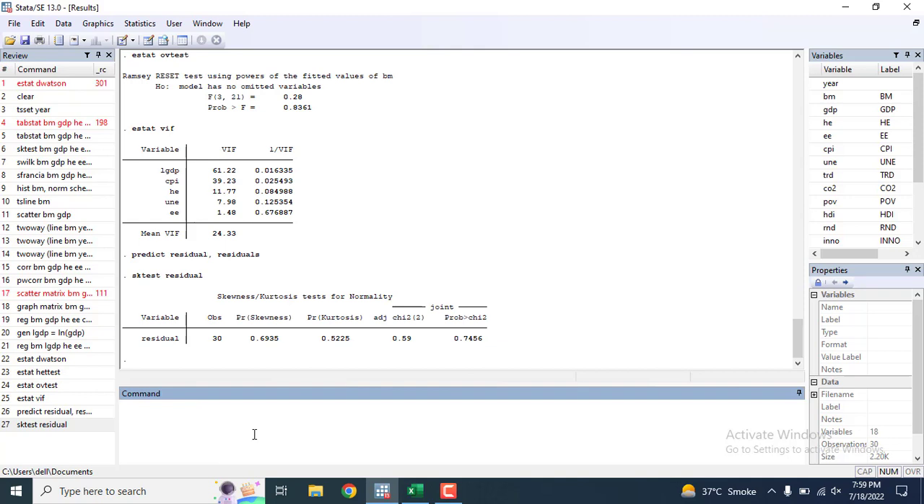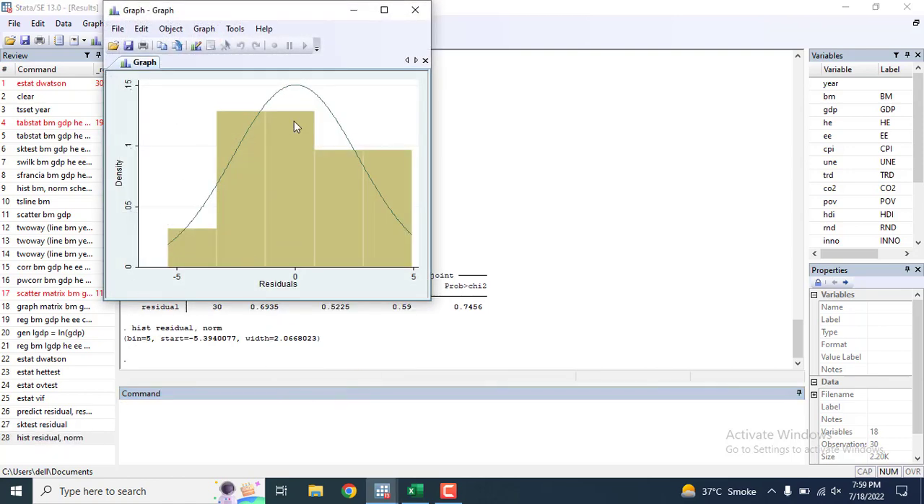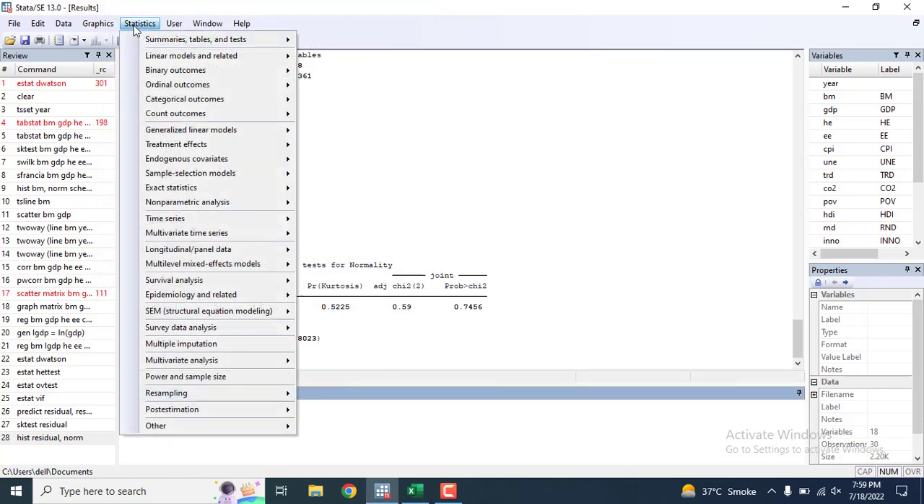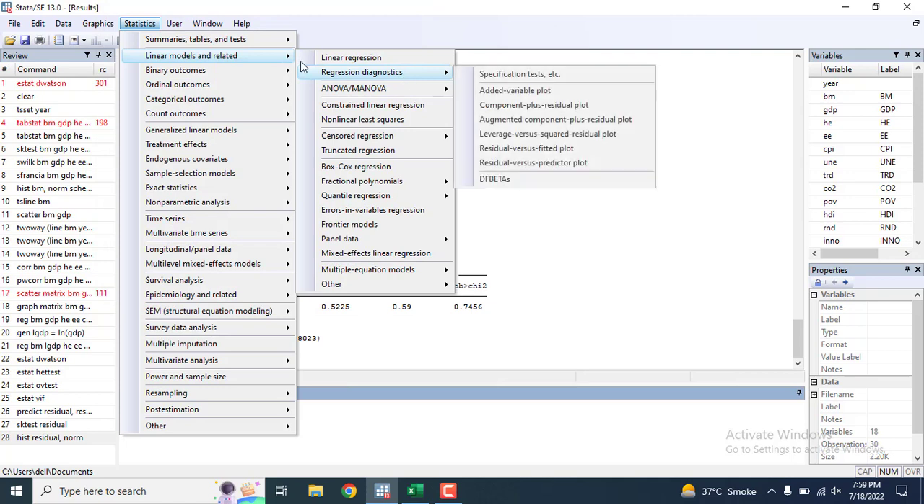Data is normal. We can also do it using another means like hist residual, norm. So you can look at here that it is almost following the normal curve. There are other tests called check for detailed problems, like when you look for